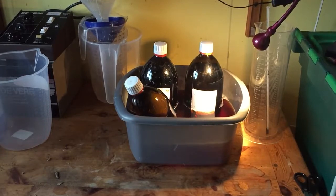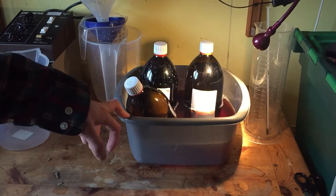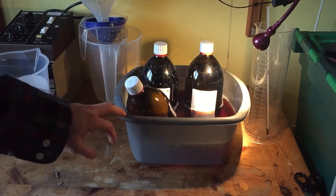Today I was going to show how I bring my C41 chemistry up to the right temperature for development. So it's 100 degrees Fahrenheit or 38 degrees Celsius, and to try and maintain that throughout the development process I put my chemistry into a basin of hot water. Generally I bring the bottles up to the right temperature by putting boiling or near boiling water into the basin,